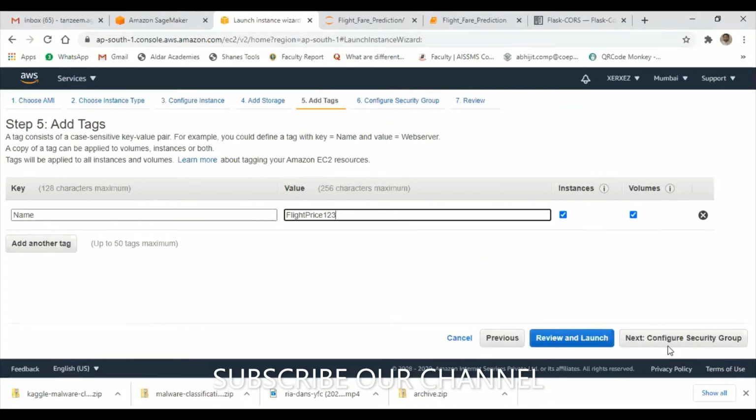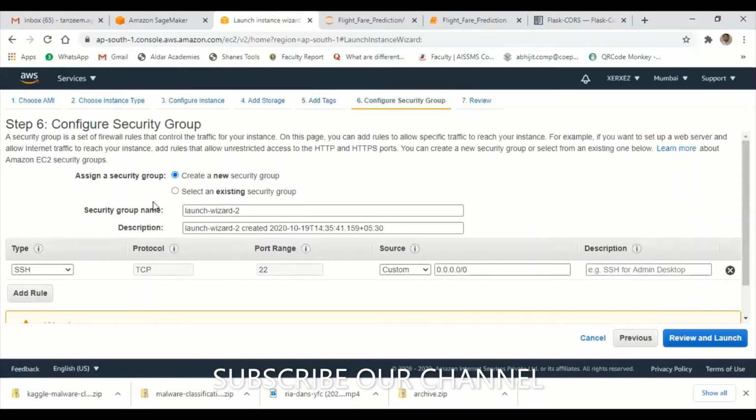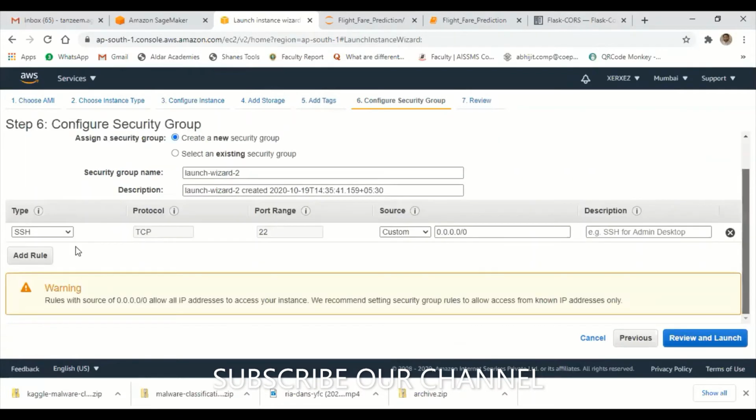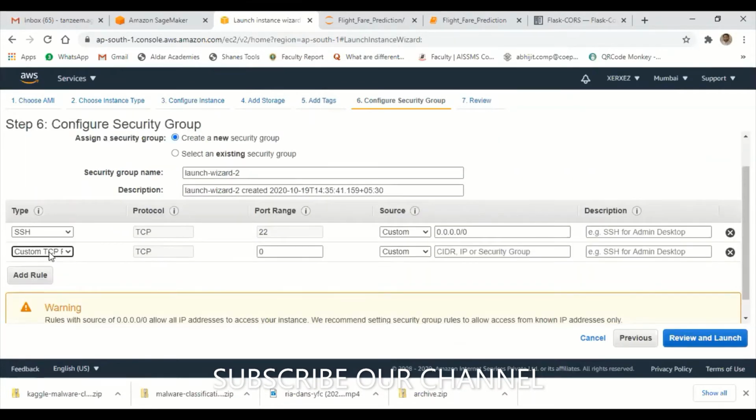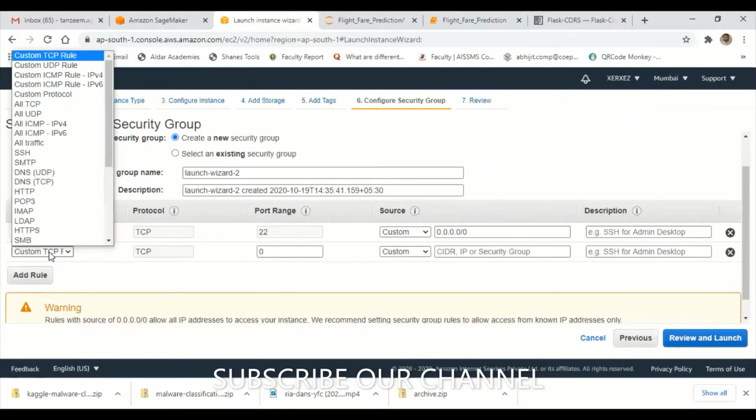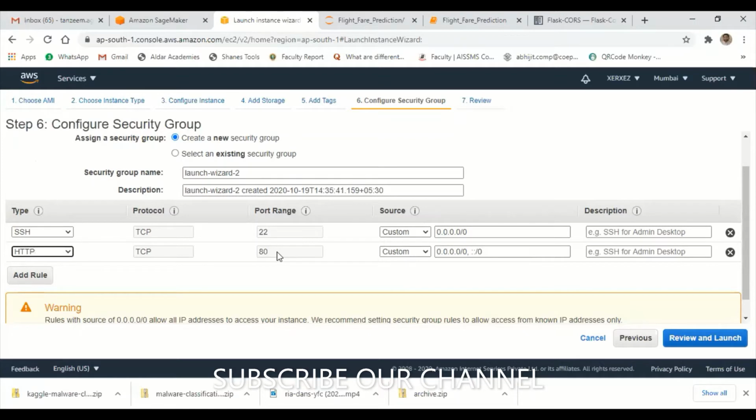Next, while selecting the security group, SSH is already there. So here you need to add HTTP, because I'm going to have an HTTP server. Where is HTTP? Yeah, HTTP. Fine, port 80 it is showing. Let's have anywhere.